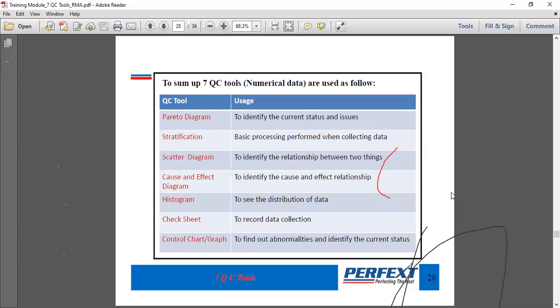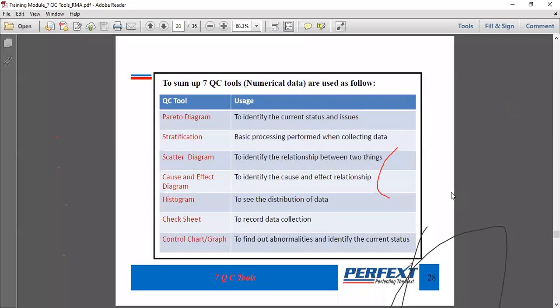So as I mentioned, these tools are for identifying and analyzing the data. The real solution we have to identify. These tools are not going to give the solution. And second thing, we have to implement the solution; the tools are not going to implement the solution. But after implementing the solution, we can again use the tools to analyze the situation. Is there any improvement or not? If there is no improvement, it means there is some problem in identifying the root cause or real reason of the problem. Let me give you a real life example.